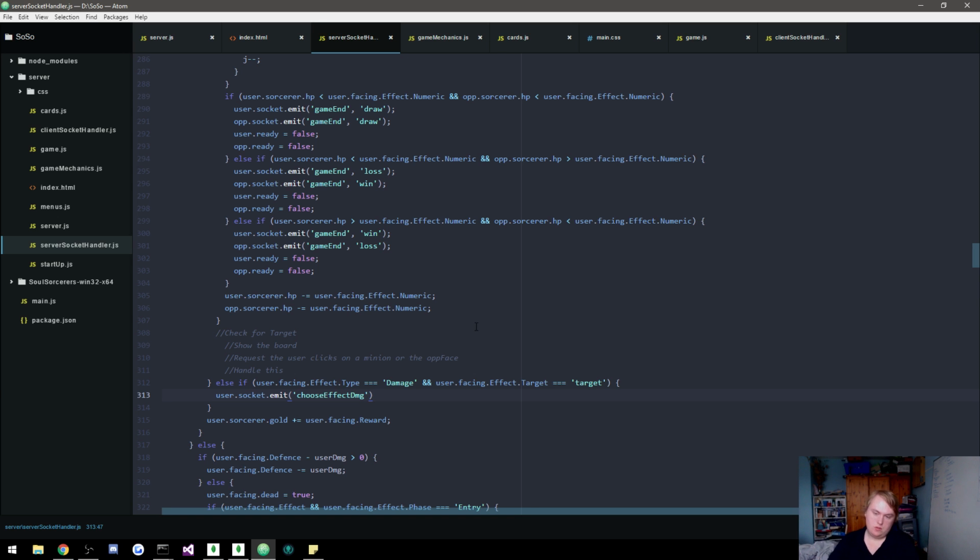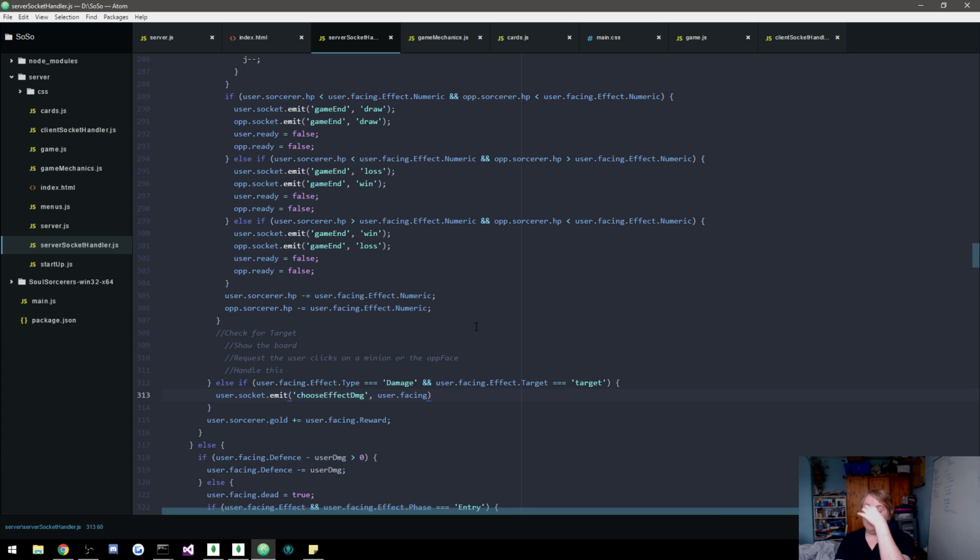All we have to do is pass through user.facing, because that's the minion. So we need to pass through the minion as an object. I think that would almost be all we have to do here,